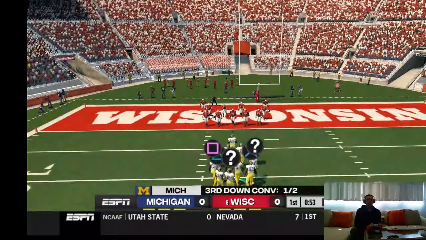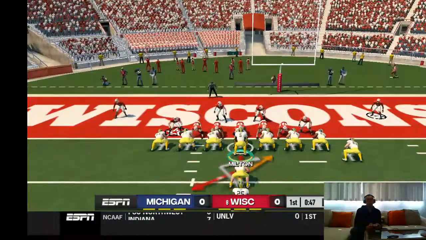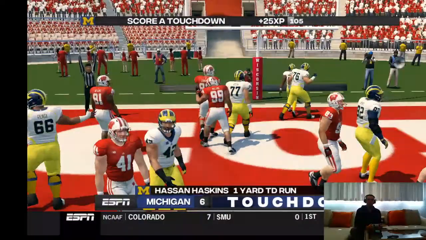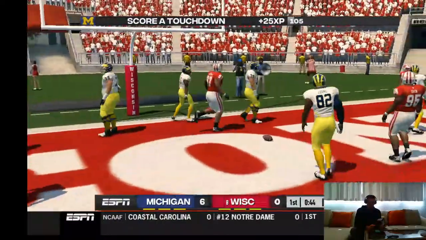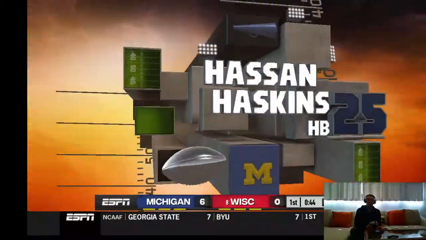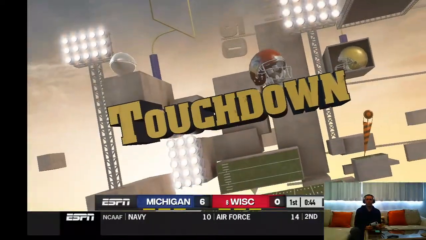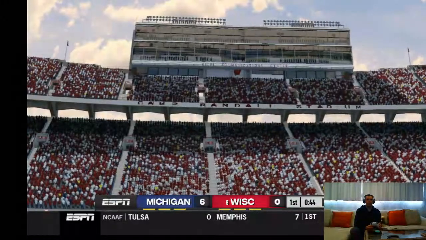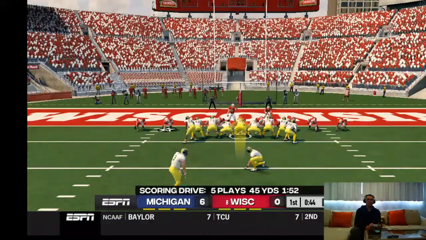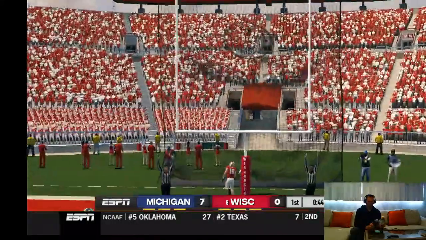From the 1-yard line. 3rd down. They're packed in tight on the line. Touchdown, Michigan. So again, running at those defensive tackles. Everybody pretty much knew we were running on that play, but he punched that in from a short distance. He had great blocking up front. And he tacks on the extra point.